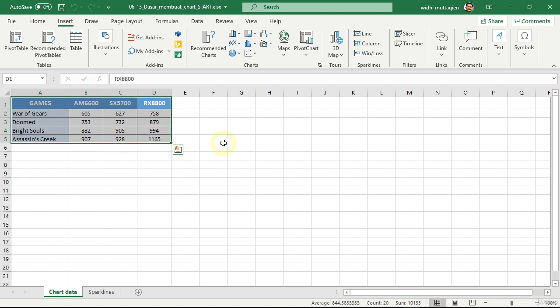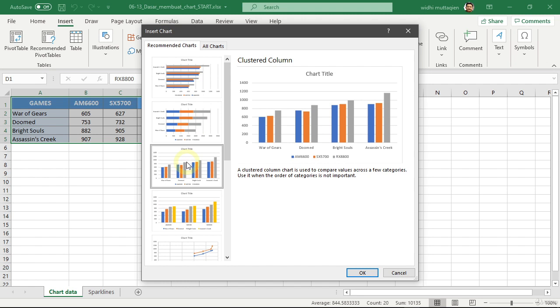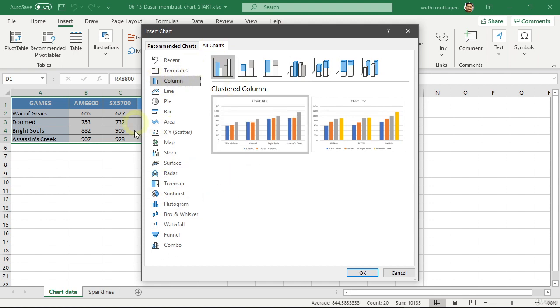If you have a certain type of data and you are still not sure which chart type is the best for representing your data, you can just click on the Recommended Charts button. Based on the type of data we have, Excel will provide some suggestions and ideas for suitable chart types. What is unique about this feature is that Excel will show a preview of the finished chart. What I mean by that, the data inside the chart preview is the actual data based on the cells currently selected. If for some reason you are still not satisfied with this list of chart types, you can click on this tab and choose the chart type manually.